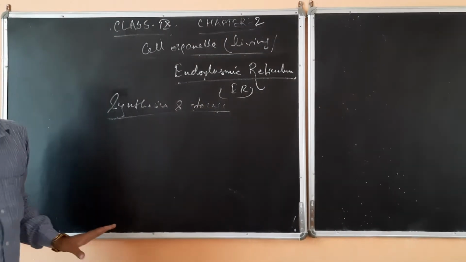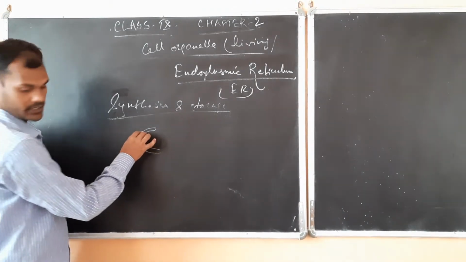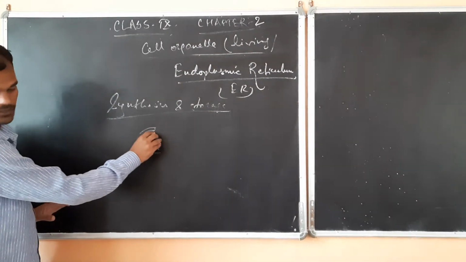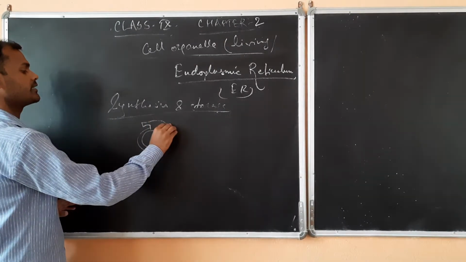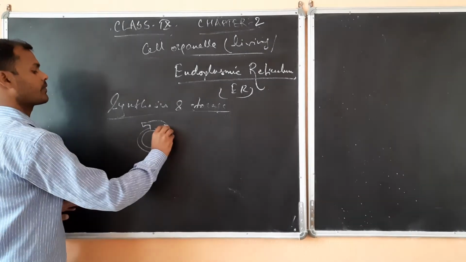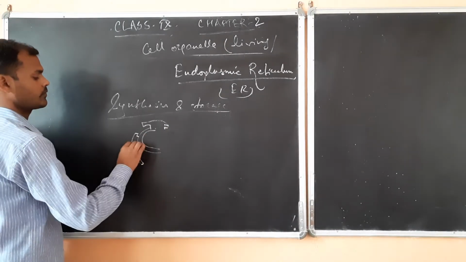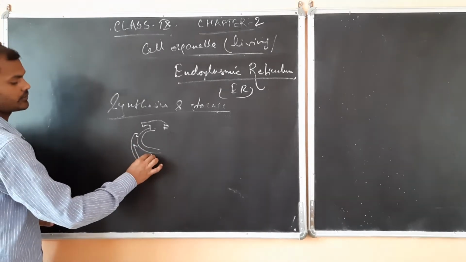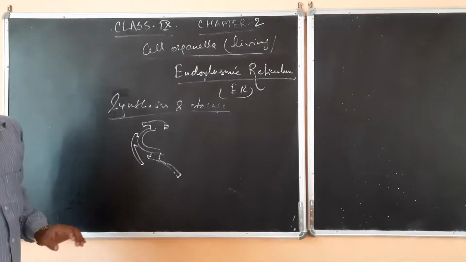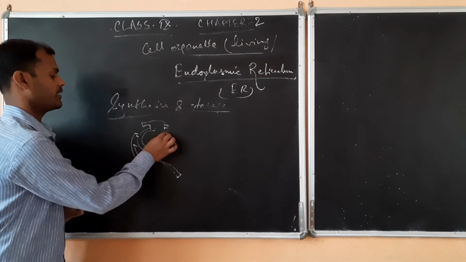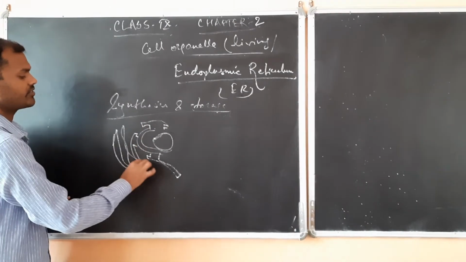If you talk about how it looks, you can see in the book also, it looks like this. It has different compartments also. It will look somewhat like this. Here we will have elements, and from here you can see some cisternae. So generally three parts are there.